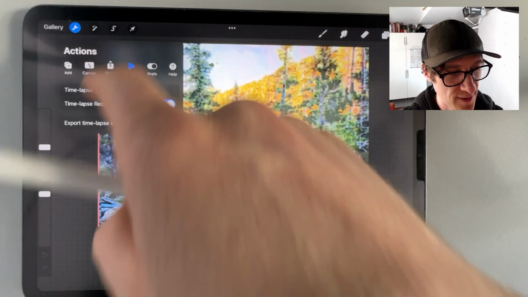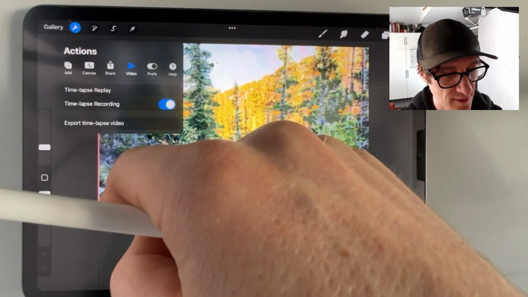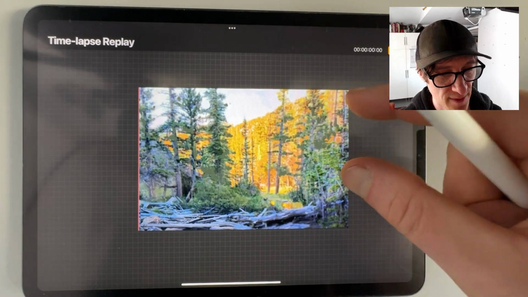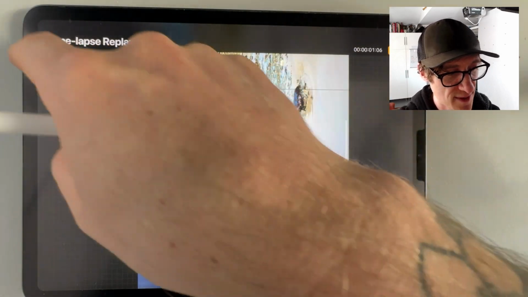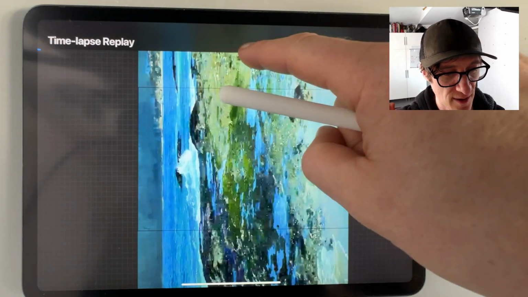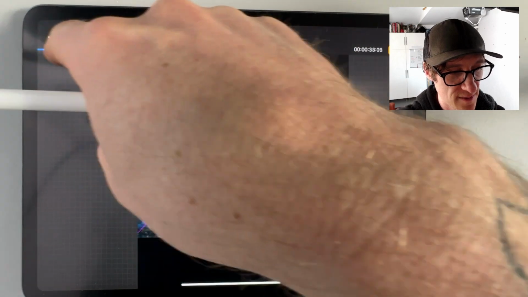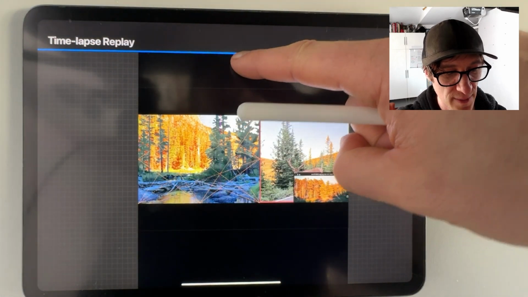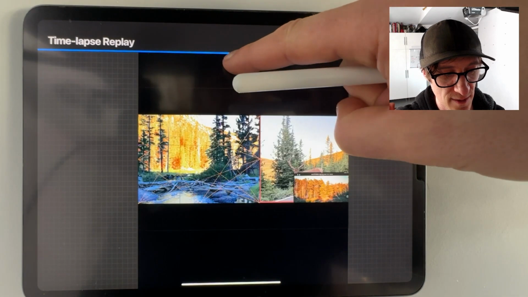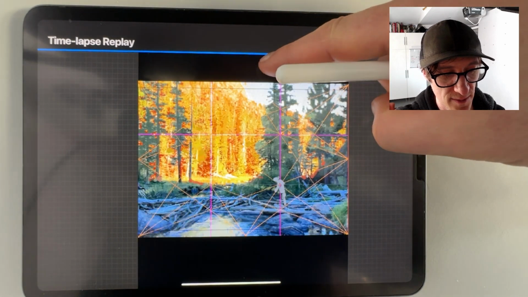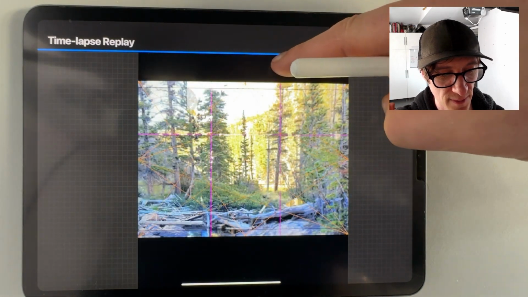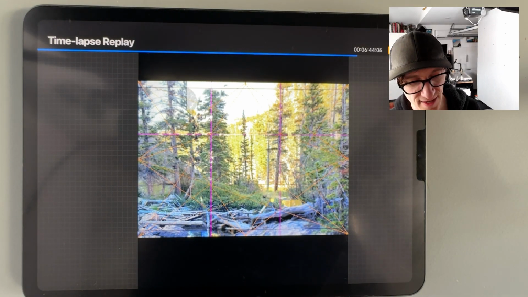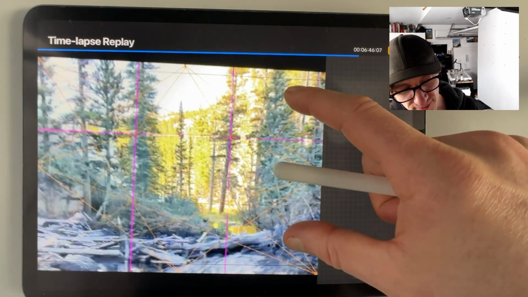I don't know where this one started. Okay, sometimes the time lapses take a little bit to load. Other manipulations. Okay, yeah. So here's just another version of this that's a lot tighter and more